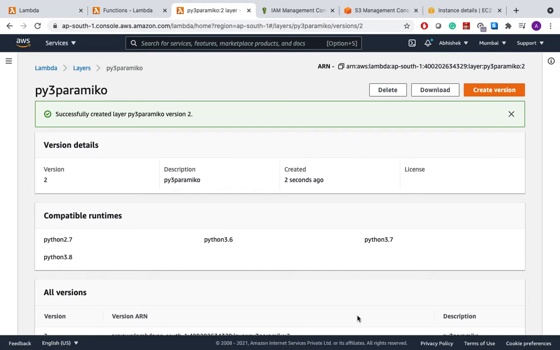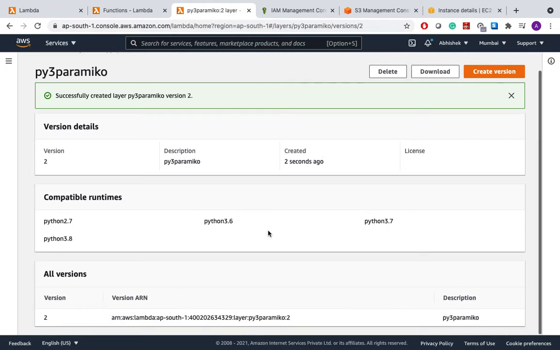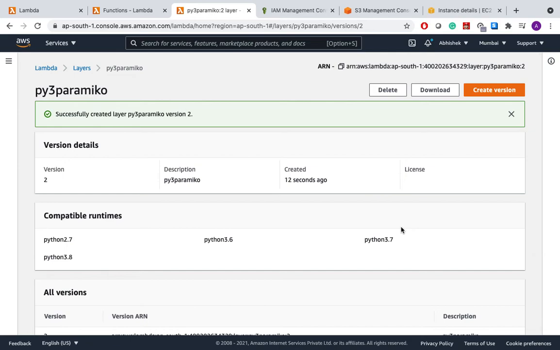So now the layer has been created and we have the details of the layer like the layer name, what runtimes it supports, the version, and the ARN available for this layer. So in the next section, we will see how we can use this layer into the Lambda function, and we can use that Lambda function to execute the required functionality.